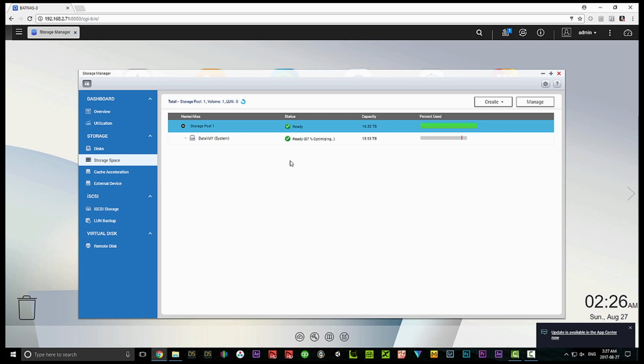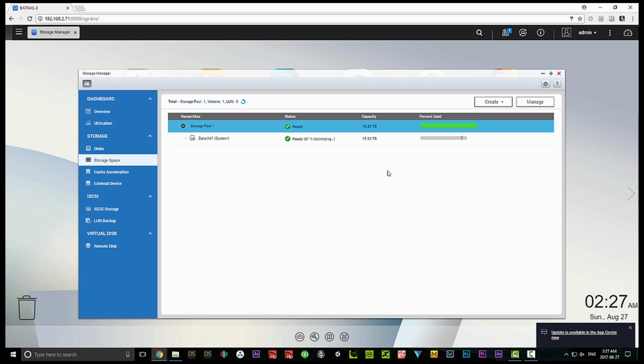At this point, you can probably see it says 16.35 terabytes capacity. The reason it says that is because I actually changed my mind and rebuilt the RAID with RAID 5. So I took away the hot spare and added it to the pool, which means now I only have one disk failure capacity and can still run the RAID, whereas before I had 2 disk failures tolerance, but now it's just 1 disk, which is fine. I think I just needed the space more than the